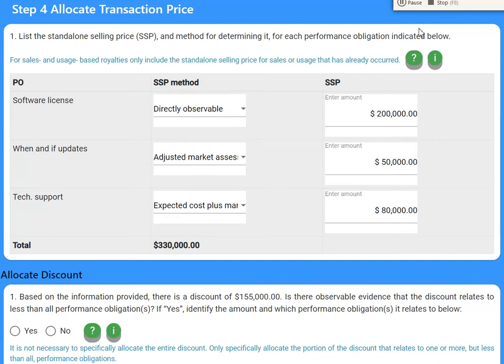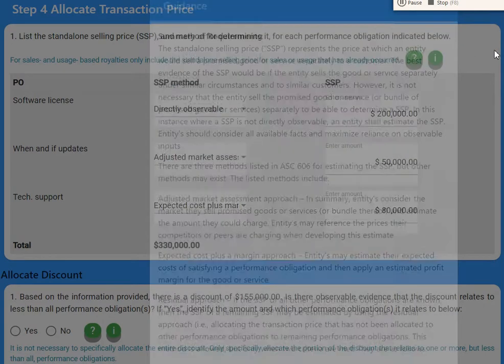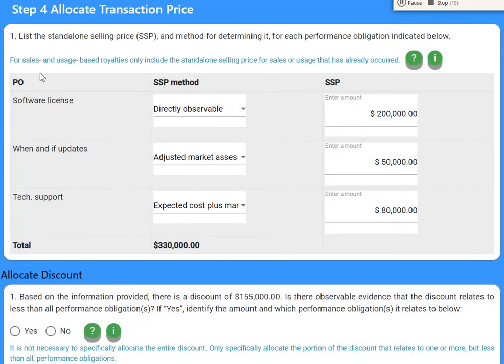So if you're unclear what the standalone selling price is, you can use the question mark button here and it'll bring up the guidance. So the standalone selling price represents the price at which an entity would sell a promised good or service separately to a customer. If it's unclear exactly how to implement that, you can select the I button here and it will bring up an example. But in our previous examples, we identified software license, updates, and tech support as being the